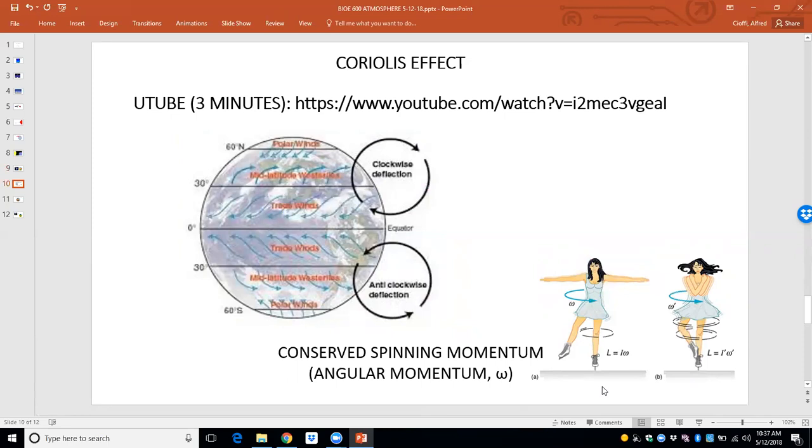But when she pulls her arms in, that mass is being concentrated toward the center. So proportionally, there's more mass near the center, near the axis, and that mass is going to react more to the gravity and makes her spin faster. So she can literally change her speed by extending or contracting her arms, or the skater. Okay, and the leg also can do the same phenomenon. One leg, because the other leg is fixed as a peg on the ice.